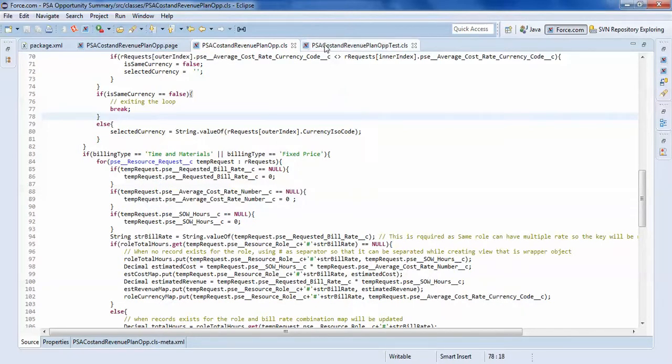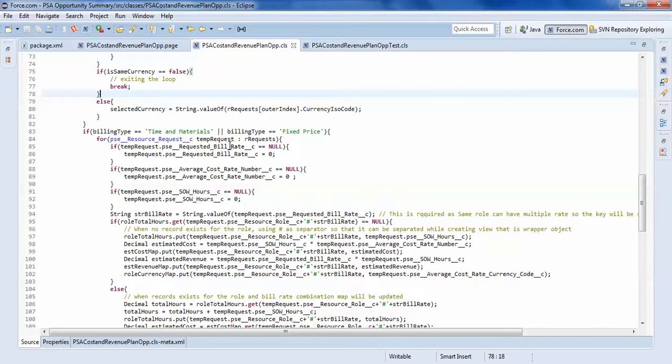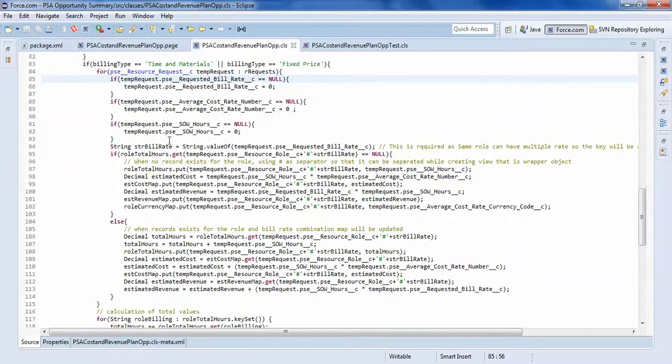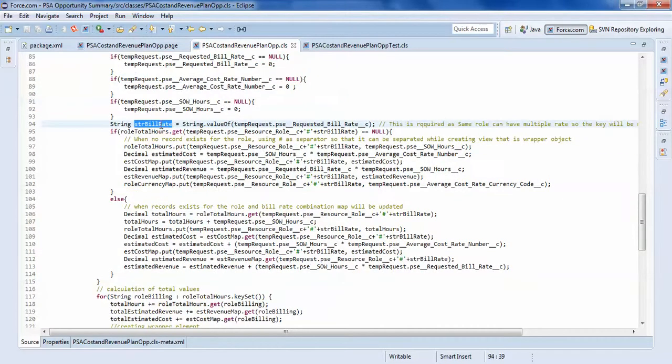Now if it is a fixed bid and the billing rate is null, then I am setting it to 0. If the cost number is null, it is set to 0, and if the hours is null, it is set to 0 to avoid any null pointer exception for bad data setup. So I am getting the bill rate from here, the string bill rate, because this will be used as a key with the request resource role.